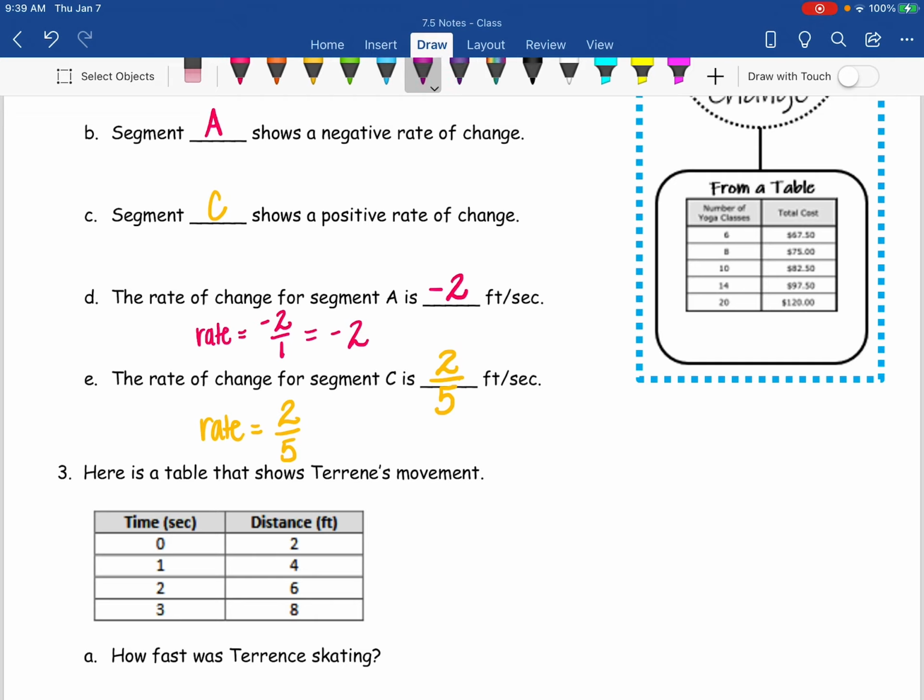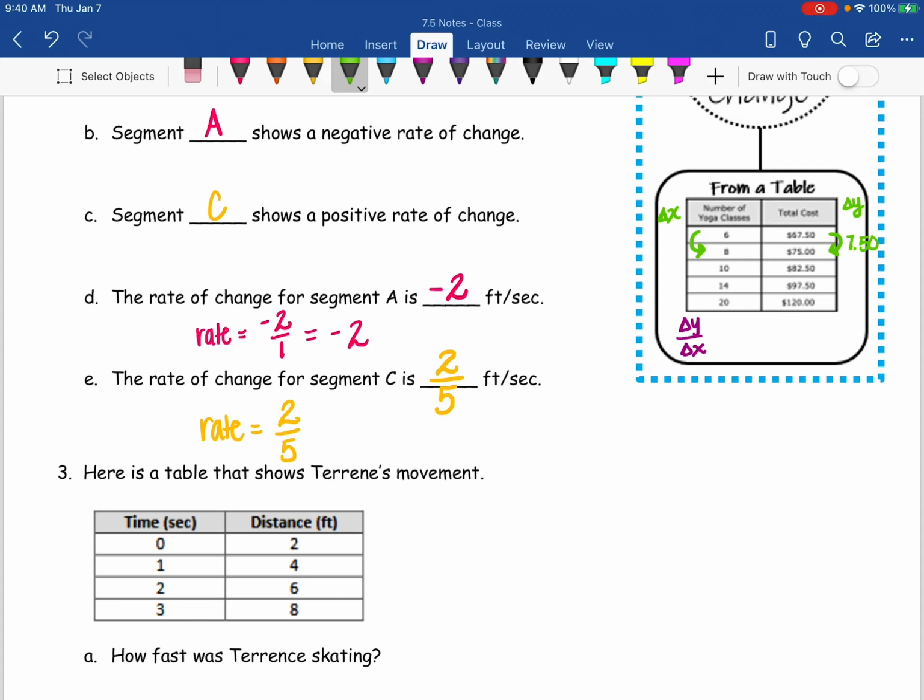recall that when I'm finding the rate, I'm looking at the change in y divided by the change in x. So when I'm looking at a table, I am looking to see what is happening between these values. So how is my y column changing? How is my x column changing? Okay, if I look at my y column, I go from $67.50 to $75. Okay, and you may certainly use a calculator, but we're adding $7.50